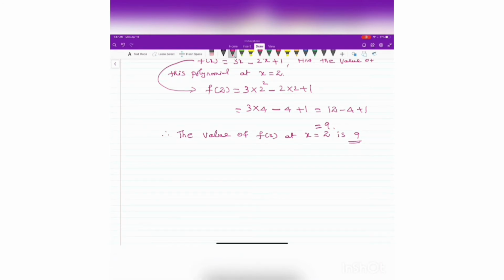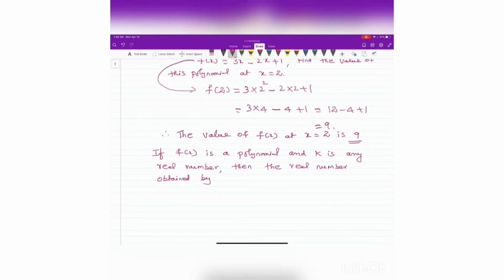See here, if f of x is a polynomial and k is any real number, then the real number obtained by replacing x by k in f of x